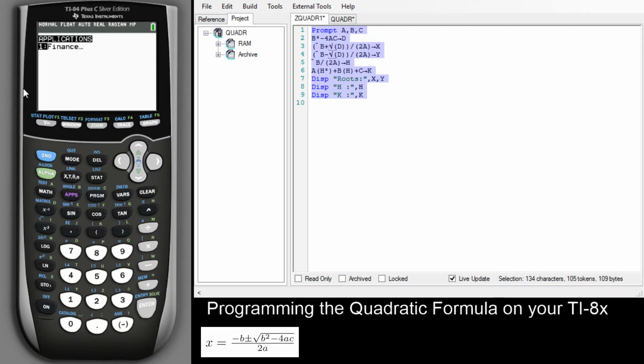Now if you fail to hit alpha and you get sent to another menu, very simple to fix, just hit clear. That's what I mean by it's cumbersome to type these into the calculator. It's very easy to make a mistake. Then you're going to press Enter. Now when you press Enter, that tells the calculator that that instruction is done, and it's going to move down